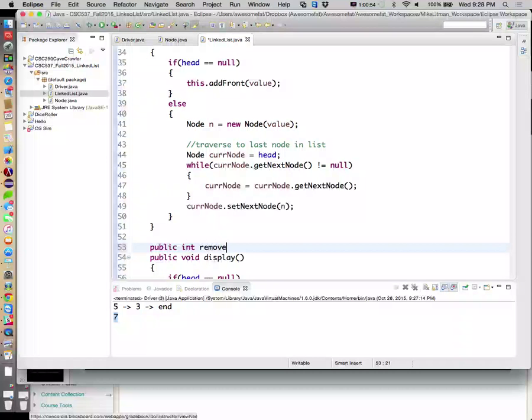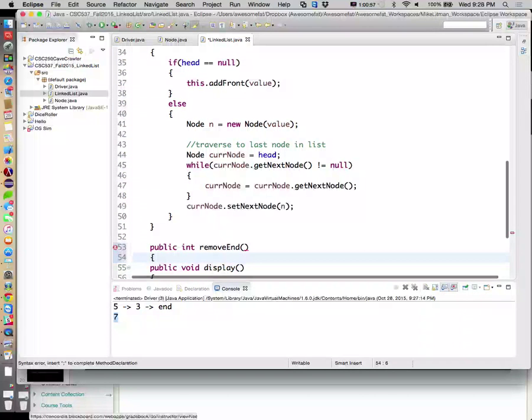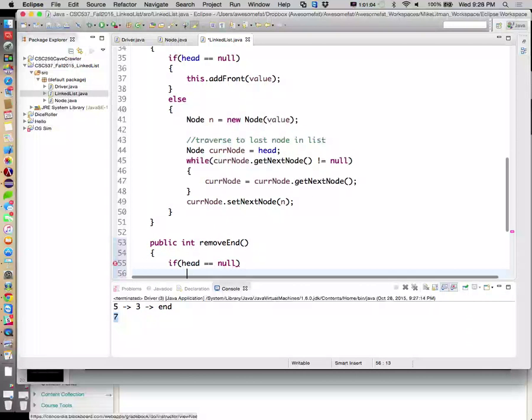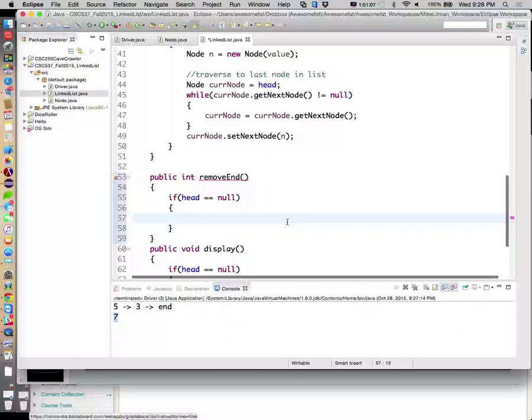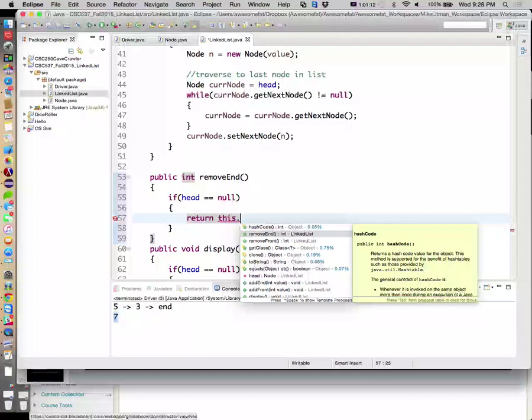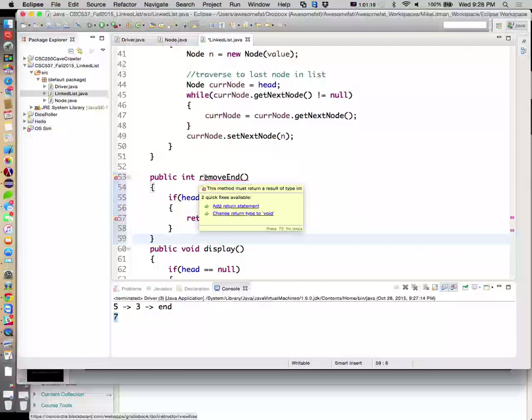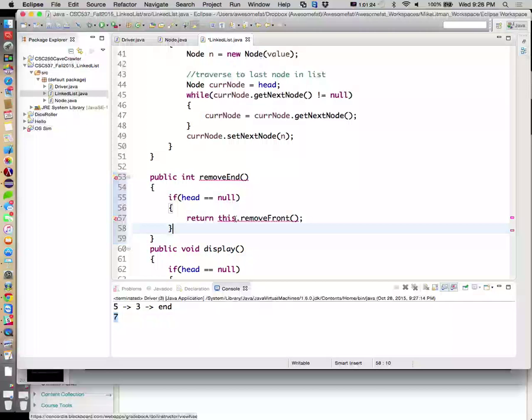Public int removeEnd. If head is equal to null. Oh, actually, that's going to throw an exception anyways. Oh no, we're okay right now. Yep. So we'll do this. So that'll throw the exception. That just allows us to not have to handle the exception in 2 places.